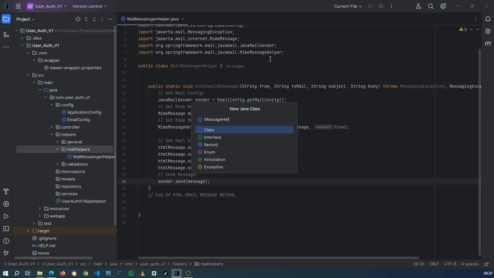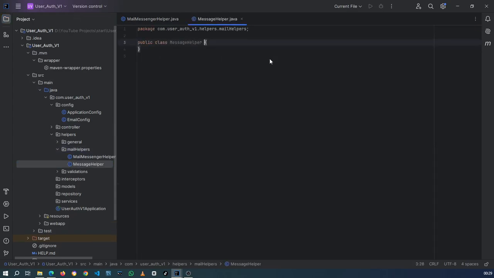This one I'm just going to call message helper. So within this class, we're just going to create a couple of methods that we're going to use. Basically, I don't want to put all the strings in the controller. Let me just type it out, it'll be much easier to understand. There are going to be other methods in here that return certain messages, but the main one I want to